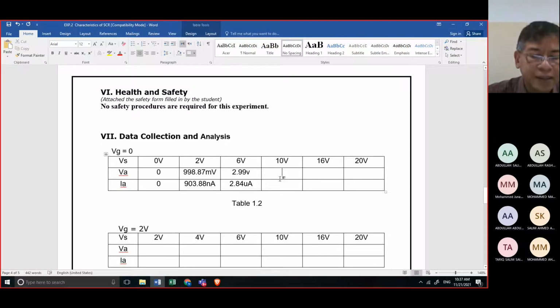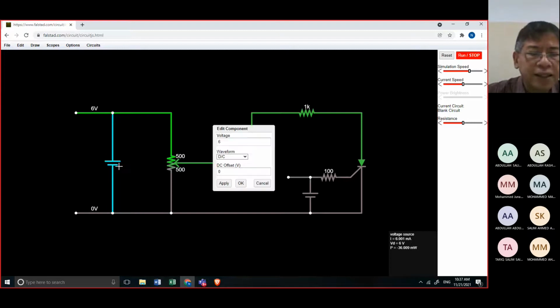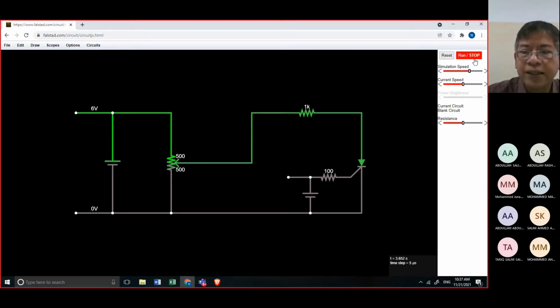Then here, at 10 volts, the voltage source is 10 volts. So we will change this: right click, edit, and change this to 10 volts. So at 10 volts, what is our reading?